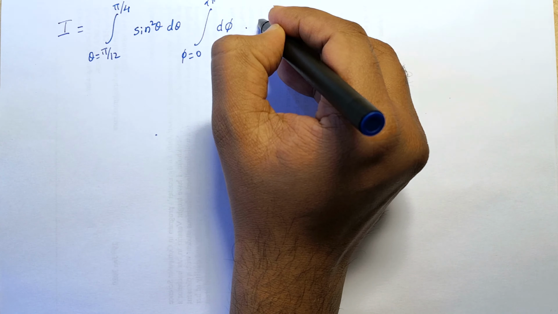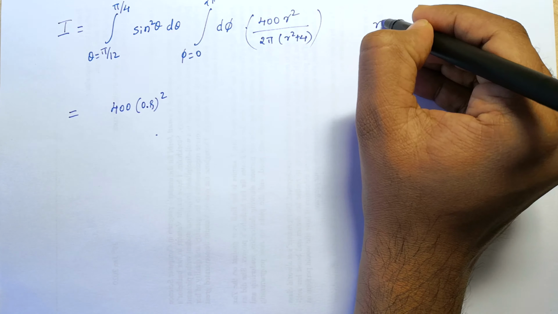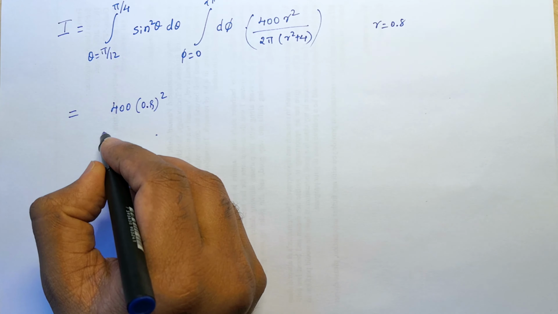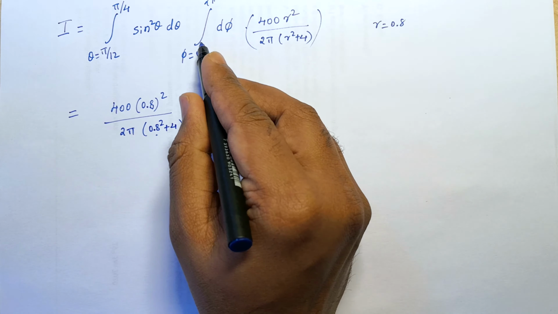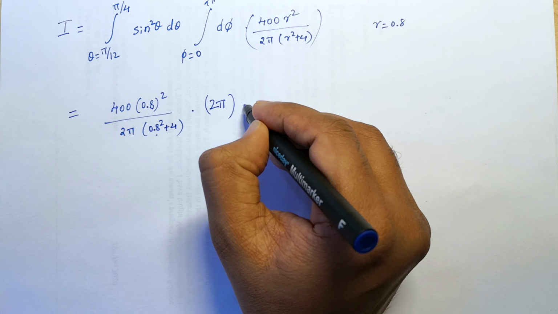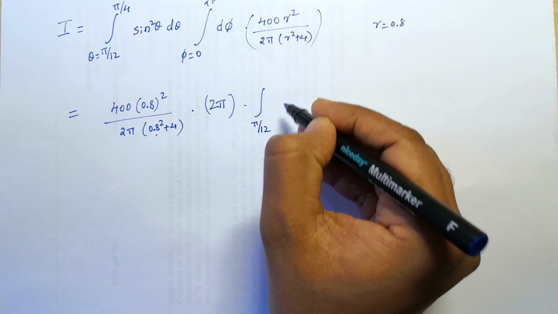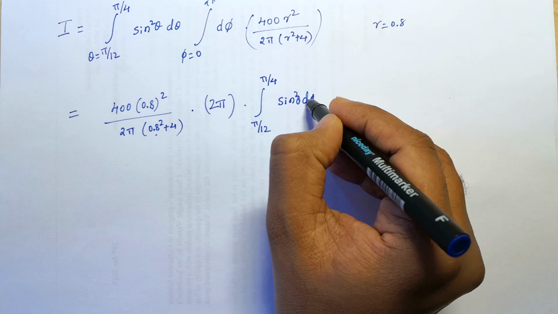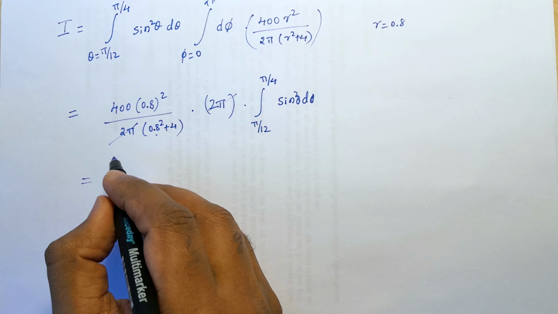It's 400.8 squared, since r is 0.8, so it's 2 pi into 0.8 squared plus 4, and we have this integral varying from 0 to 2 pi, and it's just d phi, so the value is 2 pi, and this integral is from pi by 12 to pi by 4 of sine square theta d theta, and this 2 pi and 2 pi are cancelled. So, if I solve this, it turns out to be